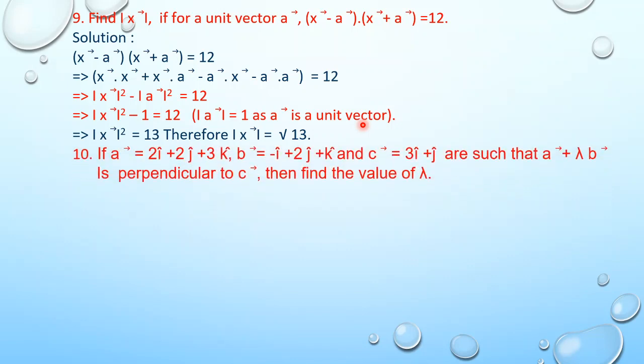Well, dear students, let's move to the next question. Question number 10 is like this. If vector A is equal to 2i plus 2j plus 3k, vector B is equal to minus i plus 2j plus k, and vector C is equal to 3i plus j are such that, so they have given the three vectors,